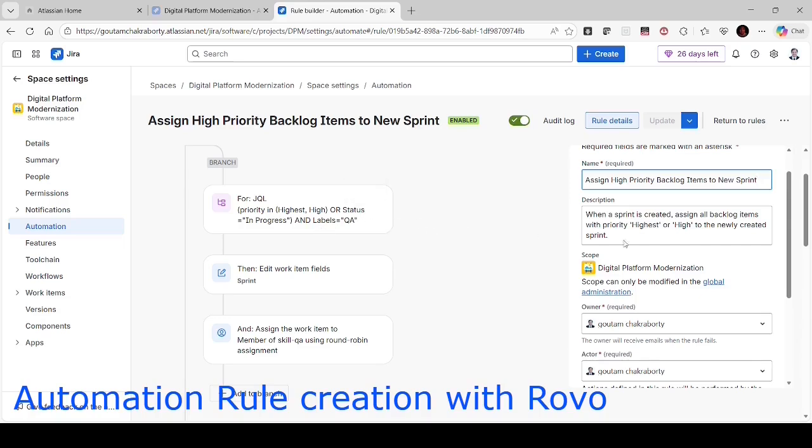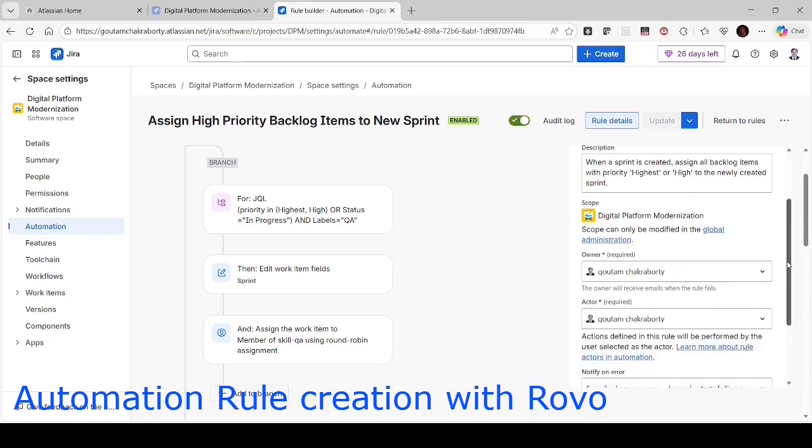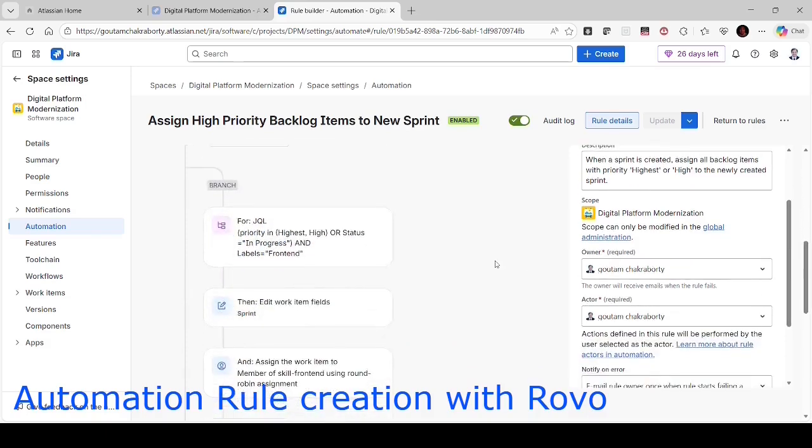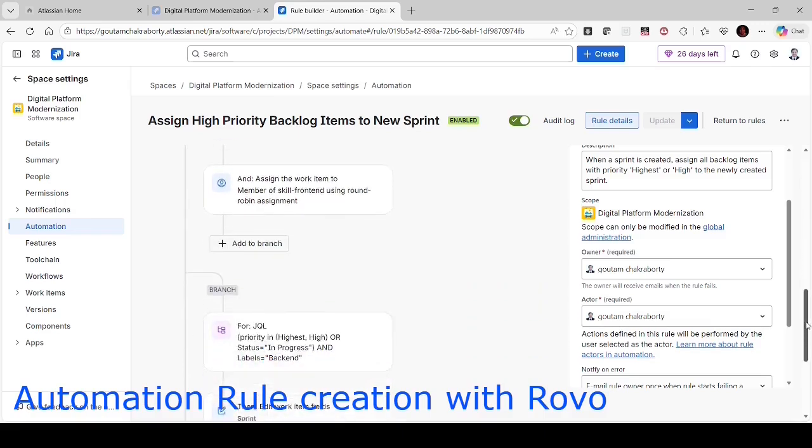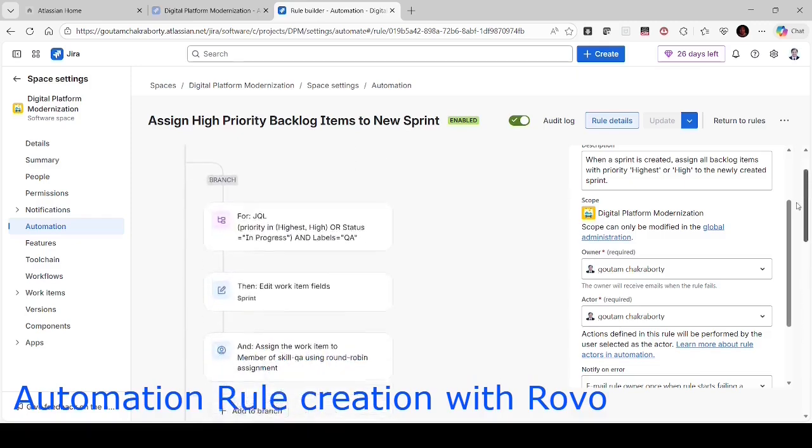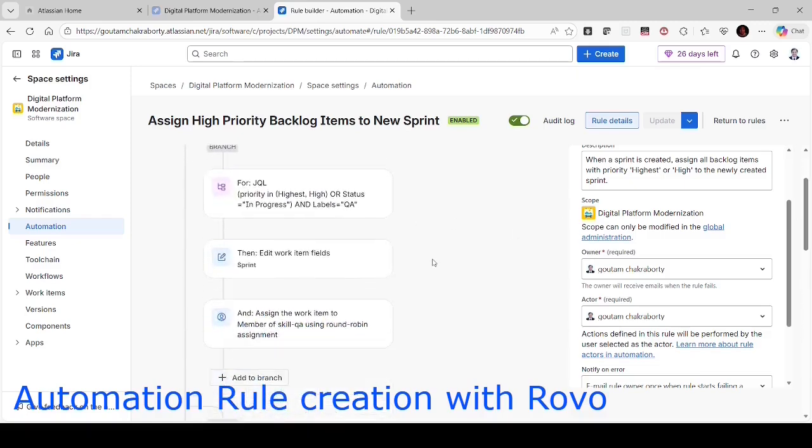And the associated level will be QA, or the associated level will be front end, or the associated level will be back end. Now if it is QA, then put this user story in the current sprint. And also, this is important, why I have added the action: assign the work item to a member of skill QA